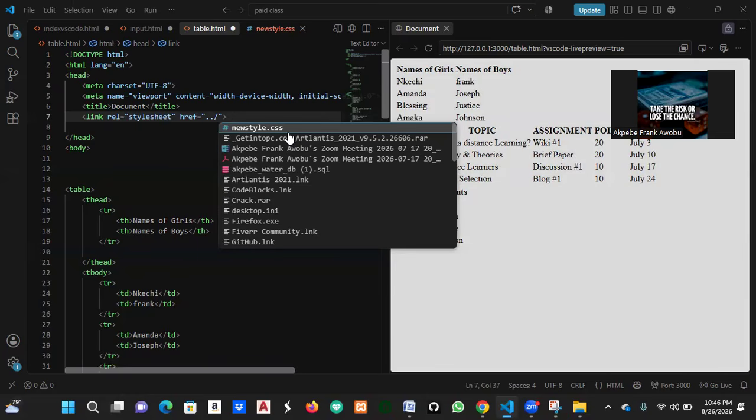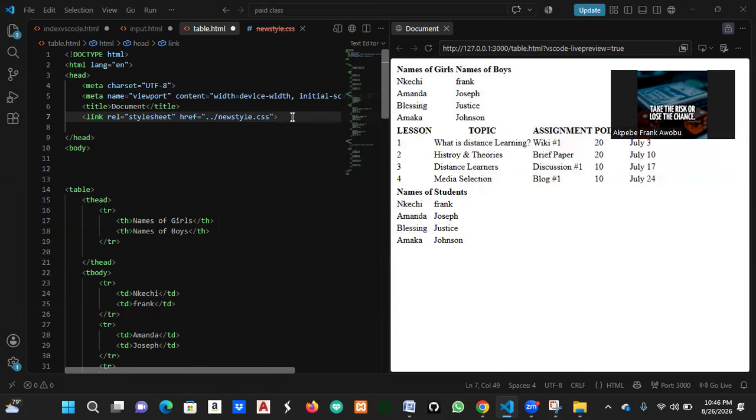dot slash. This is more advanced, so you asked an advanced question. So when you say dot slash, it means you are telling the computer to look backward once. So when I say dot slash, you see that new style has popped up. That is because I know that the file is just one folder behind. So there are other ways that I can use to also reference this CSS. Now, when you look at this,